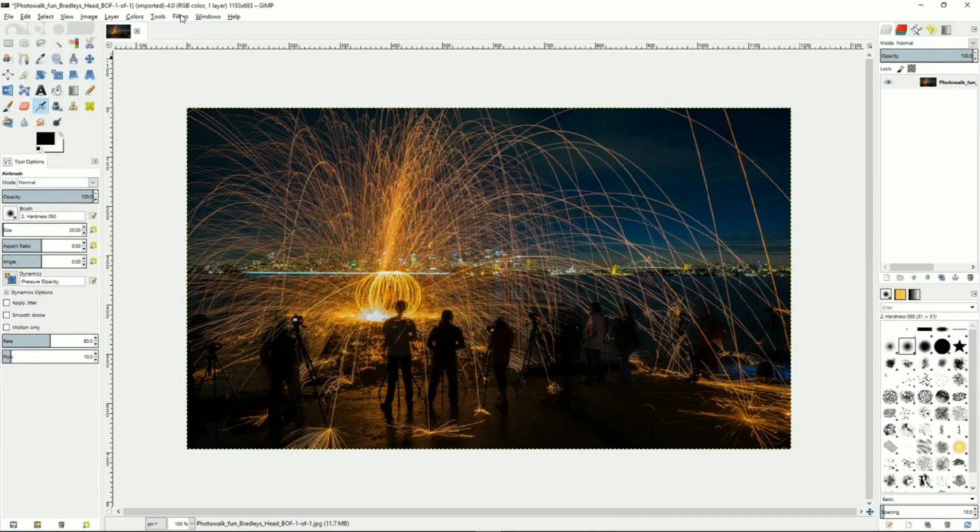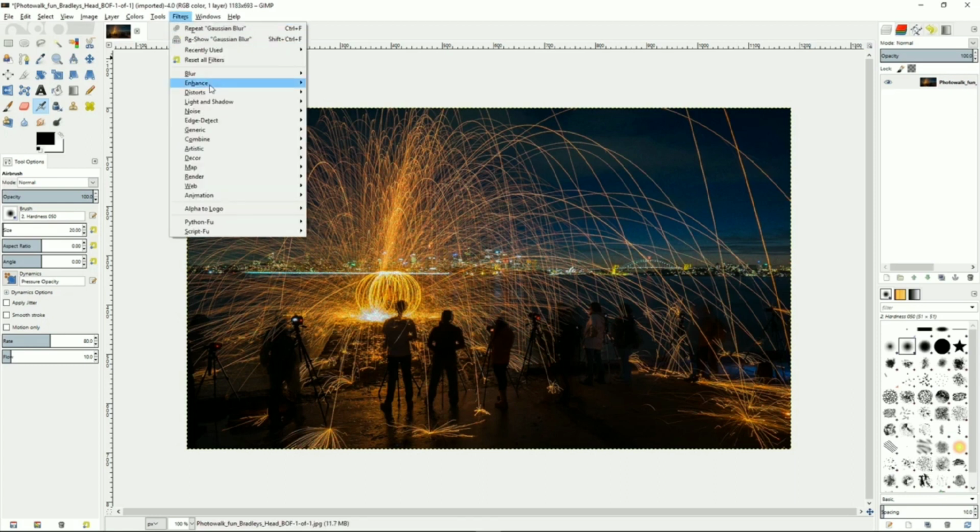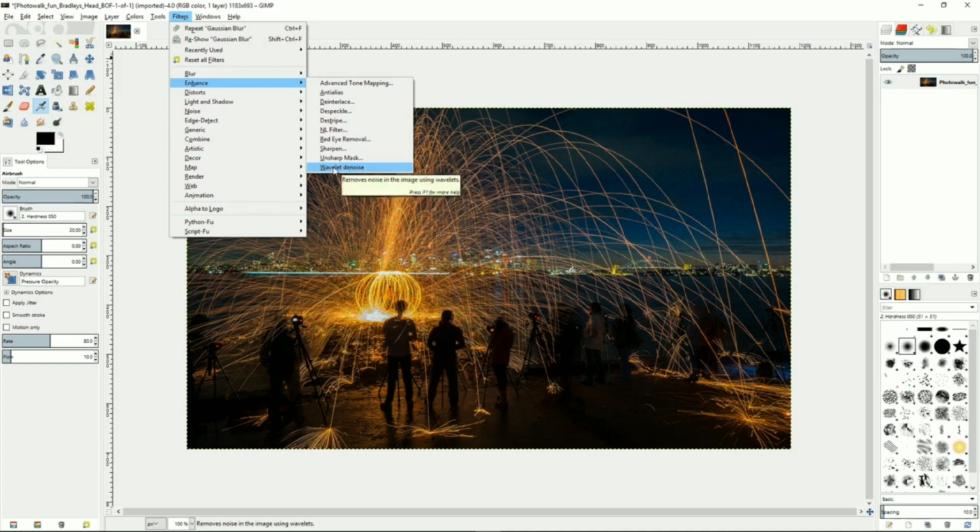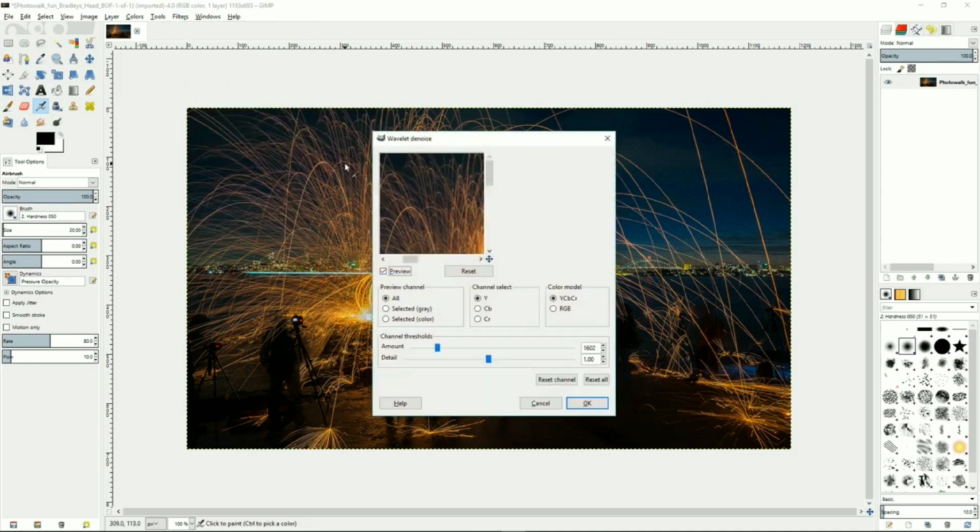It is an extra GIMP plugin that you can go find. Once you download that and put it into your GIMP program, you'll see it under your Enhance Filter options, and it's called wavelet denoise. And wavelet denoise will allow you to bring up this dialog box that produces a better algorithm to remove the